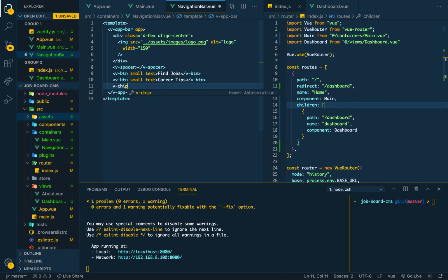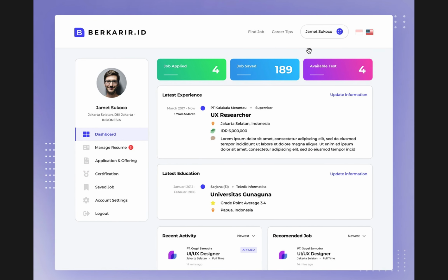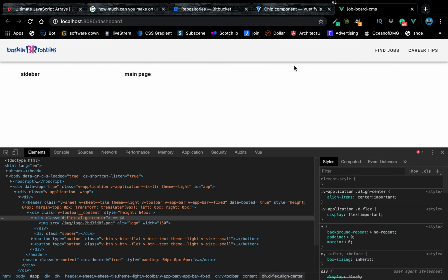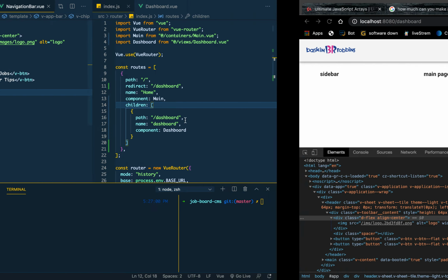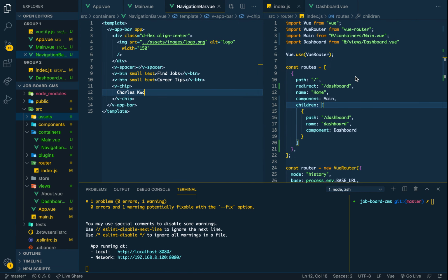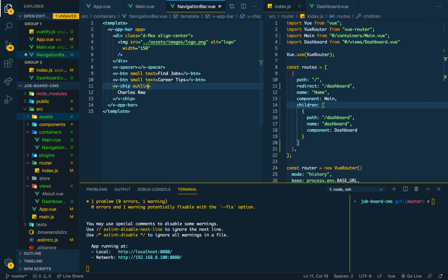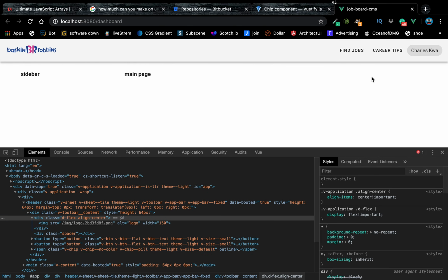So we can just say Vim chip, and the name of the Vim chip is user account. Okay, so the name of the user. All right. So for now we can just use a name. Say Charles. Cool. So let's see what we have. Okay, we are there. This makes sense. So we can add outline. We can say power. Okay. Then,